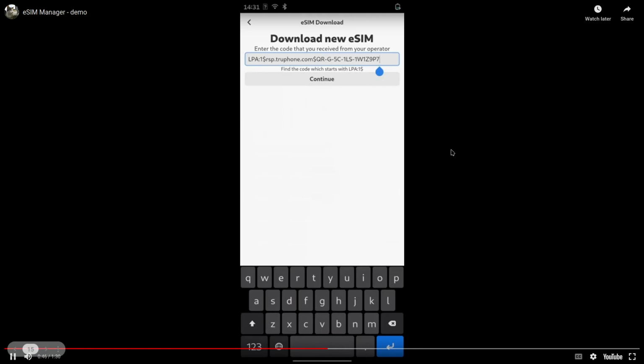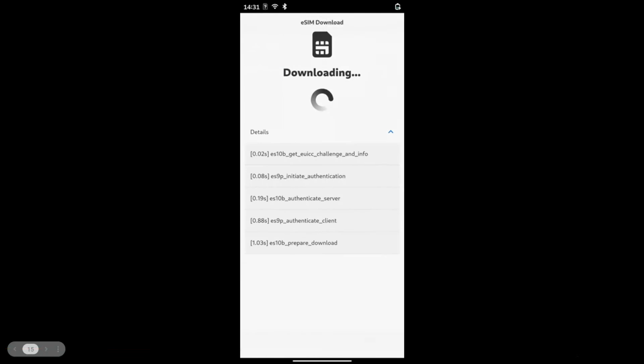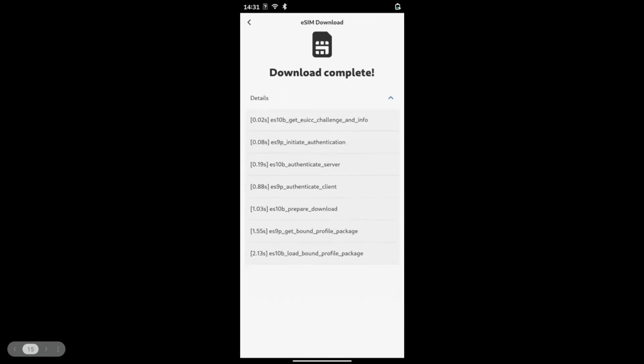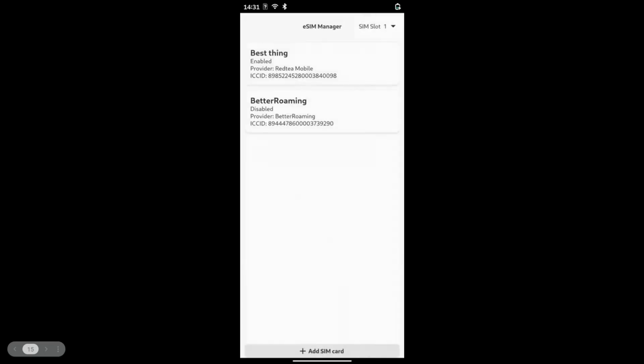But yeah, once you put this in, then LPSC starts downloading it. You get real-time progress from LPSC, what operation it is doing. I mean, it's not very pretty because it's just the strings that we get from LPSC. I'm guessing you could just translate this and make it something nicer, but yeah, you get some details there. Then it's downloading and doing some operations, copying some data from the server side into the eUICC.